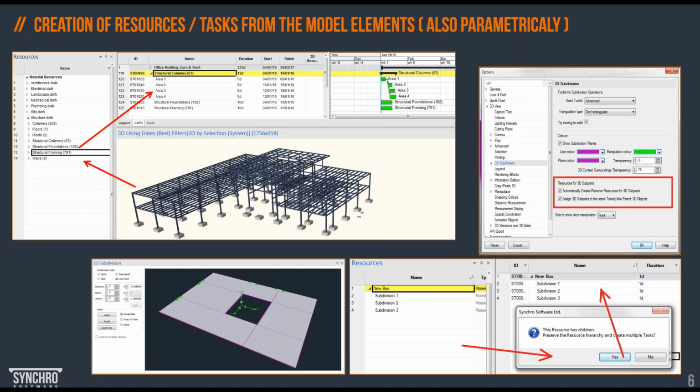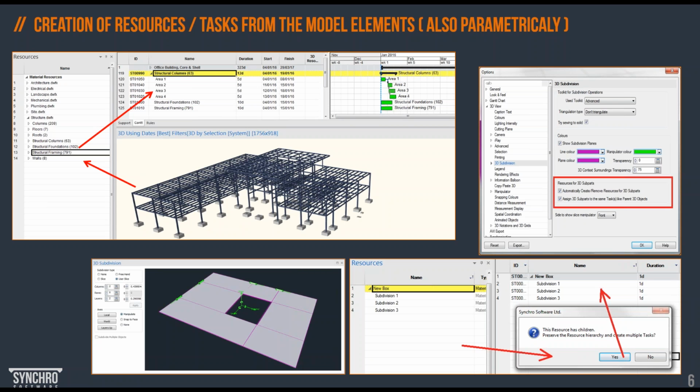The other thing I mentioned, Synchro is model-based planning, so we can create resources from 3D objects, and creation of those is very simple. If we have a model, we have structured data, we have 3D components or objects or systems. We can easily create resources in Synchro from those objects, and we can also adjust the level of detail that we want to achieve.